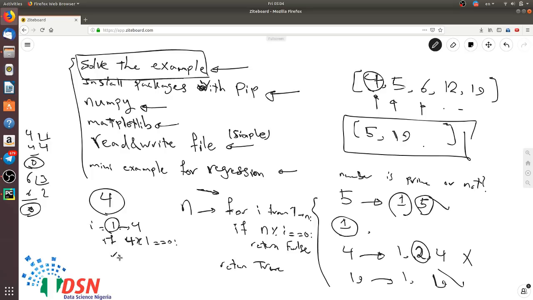Okay, then we return false. So in that case we return false, which means we tell that 4 is not prime. Okay, great. It seems that our algorithm works perfectly, but